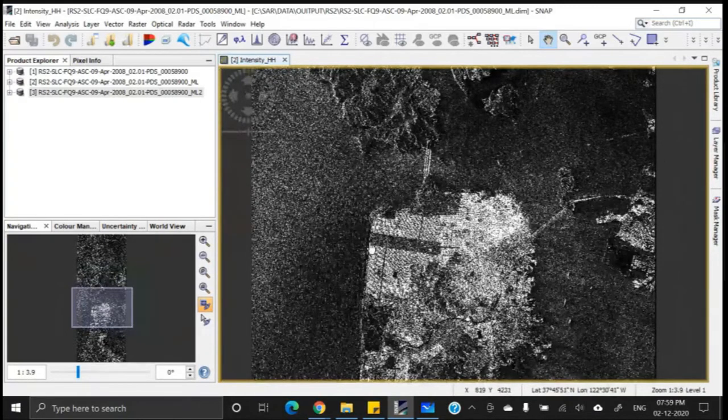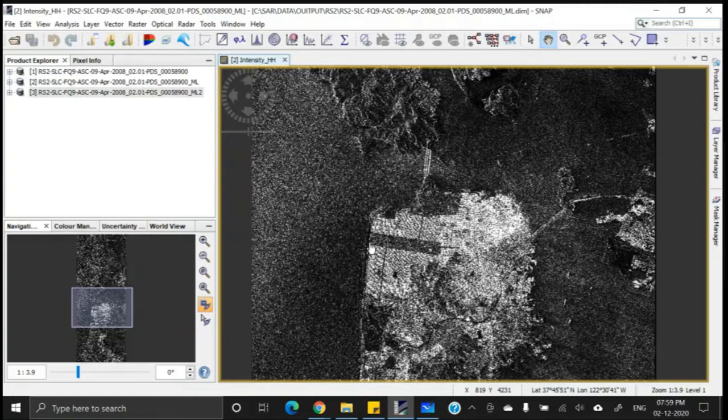Backscatter image means basically the amount of energy backscattered or reflected from the terrain. Okay, the term reflection we use for optical remote sensing, but the term backscattered is reserved for SAR images, or rather radar images. So backscattered image means basically the amount of energy reflected or backscattered from the terrain, and this calibration is the next process after multi-look processing.